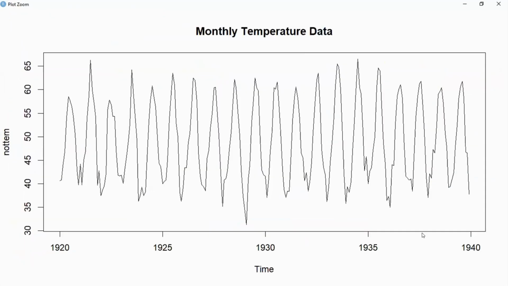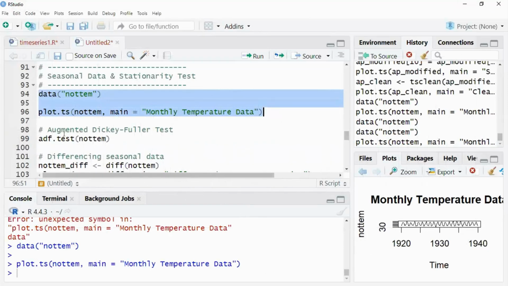Okay, so this is a monthly temperature data set. You can see there is a big difference in the data set, and this data set covers the time from 9020 to 9040, and the temperature you can observe is between 30 and 65. Now